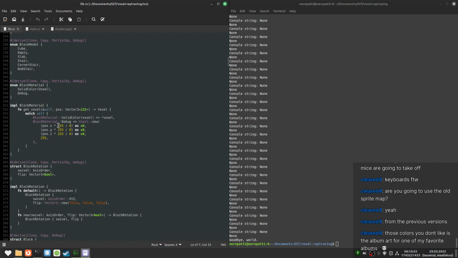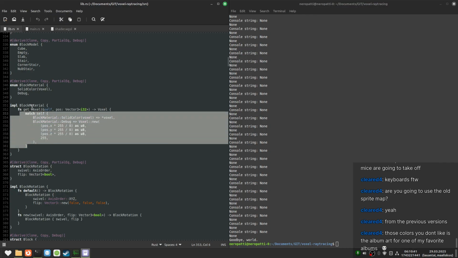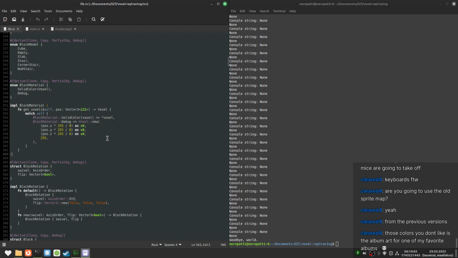Where do I implement material? Oh yeah, dude, I looked at this and then I was like, oh, I should do it like this, like I'm doing right here. What? Actually blind. But no, this is exactly how I should implement the materials.